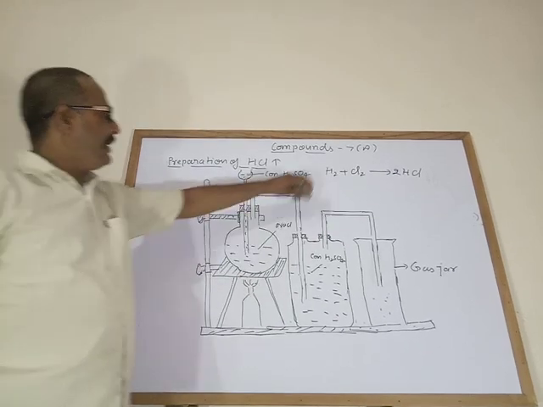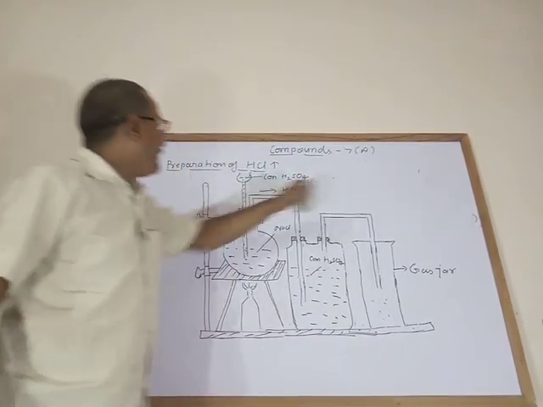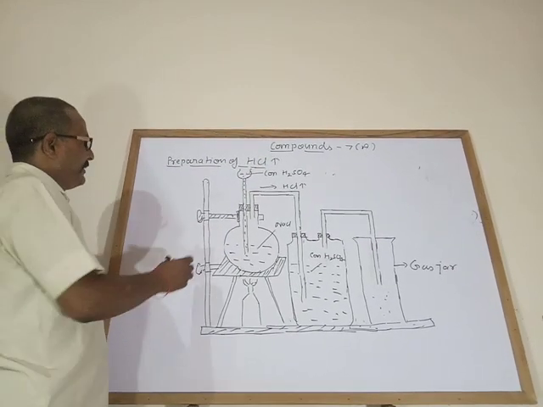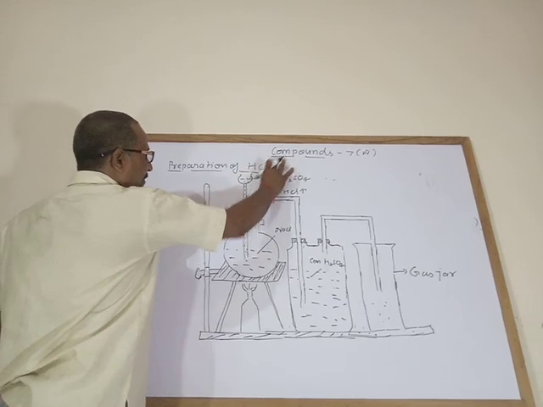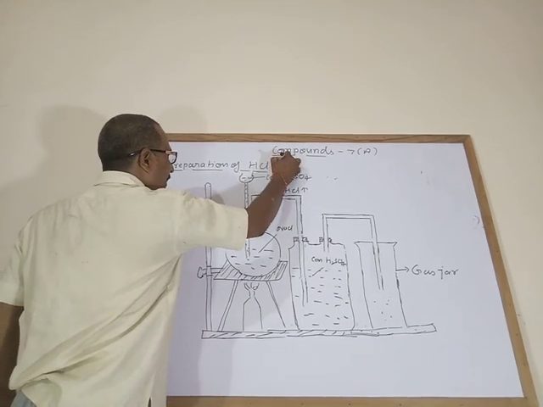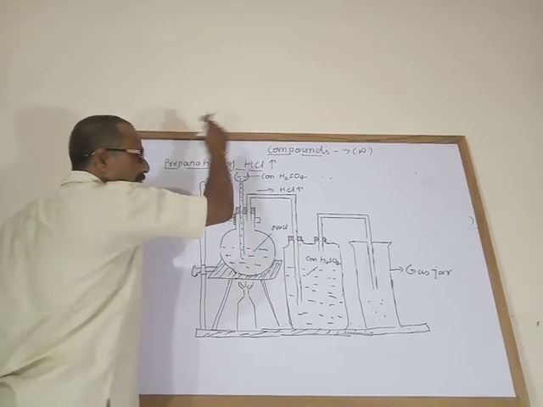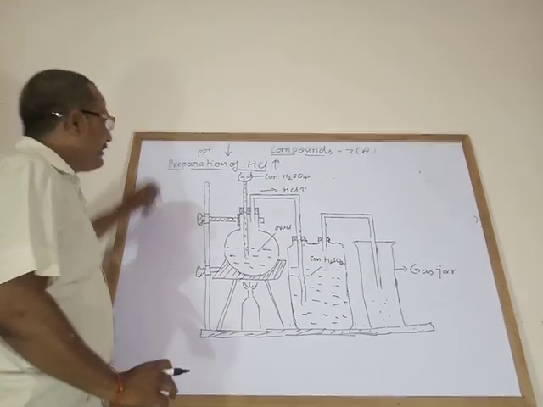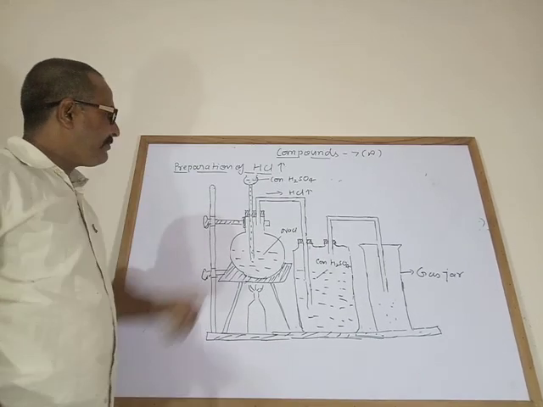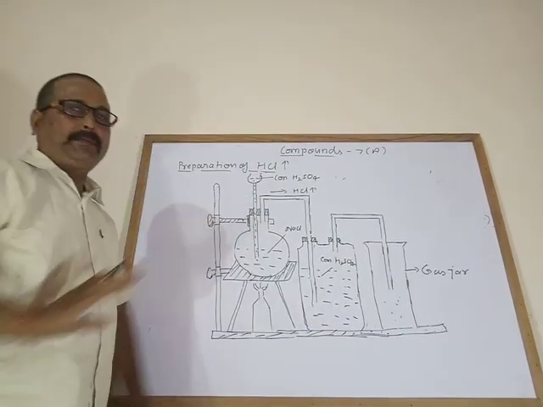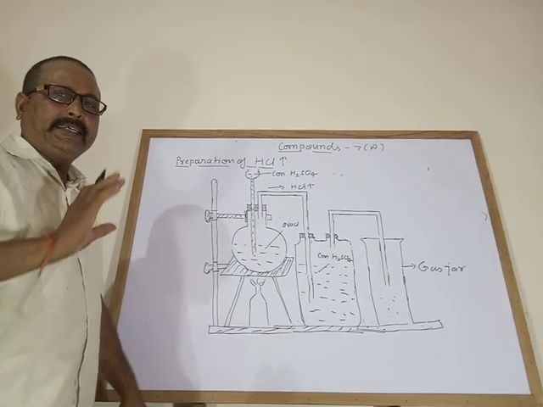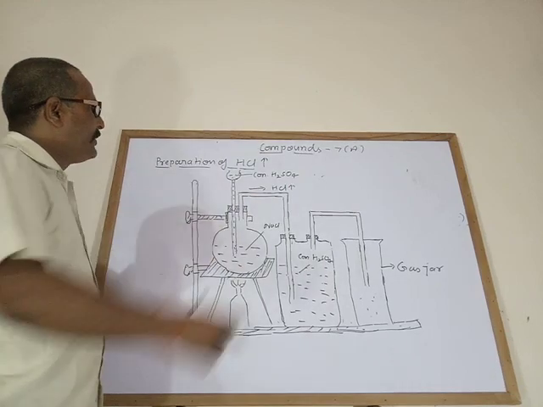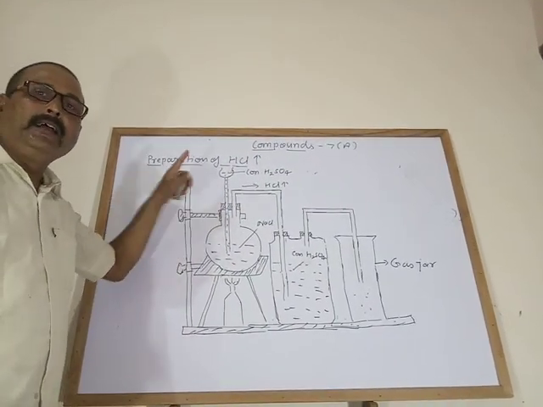Now, I am going to explain the lab preparation of hydrogen chloride gas. How would you prepare hydrogen chloride gas? This is the symbol of gas, and this is the symbol of precipitation, meaning precipitation reaction. One diagram I had explained, a very easy diagram. But first, try to know how we are going to prepare hydrogen chloride gas in the lab.